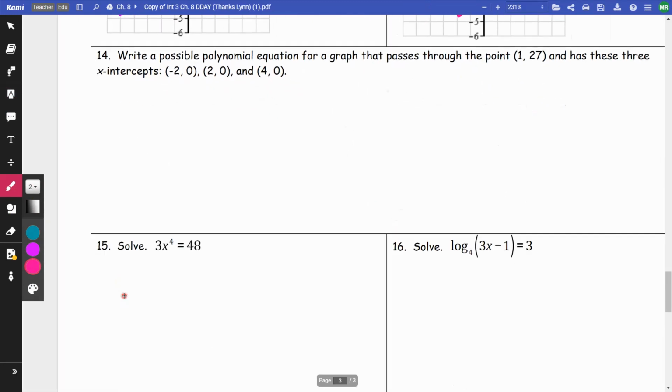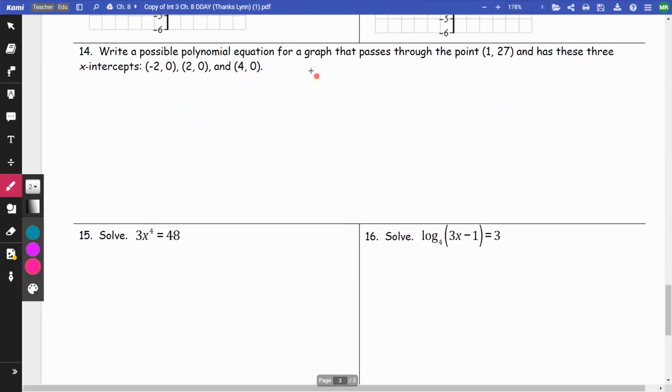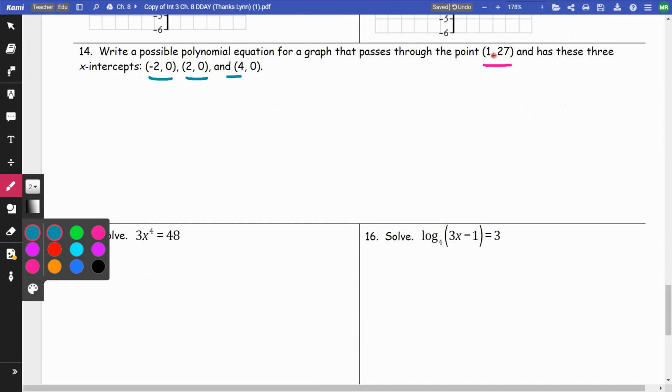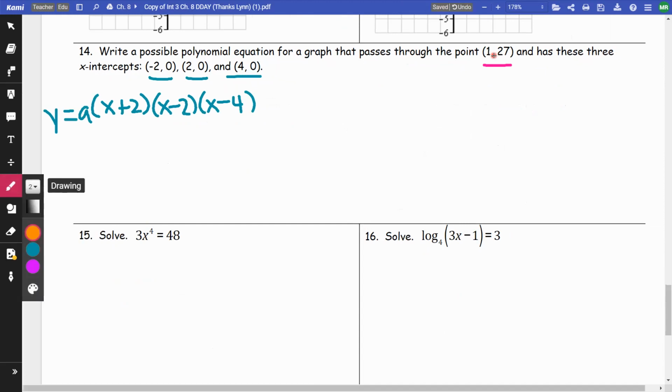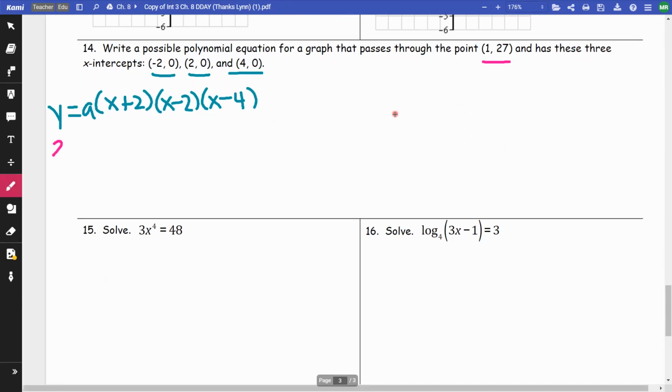Okay, on 14. So here we're going to write a possible polynomial for a graph that passes through this point, 1, 27. And we have these x-intercepts. So I'm going to have an x plus 2 because of the -2. I'm going to have an x minus 2 because of the positive 2, and an x minus 4. So I'm going to have y equal a. Now to find my a, I'm going to put that point in, that 1, 27. So I'm going to have 27 is equal to a times 1 plus 2 times 1 minus 2